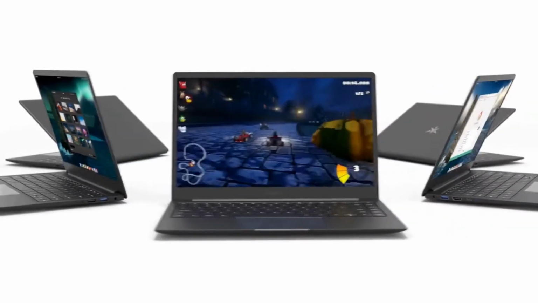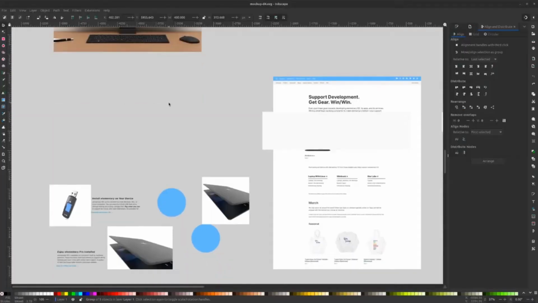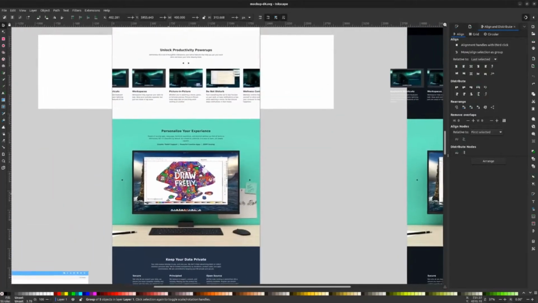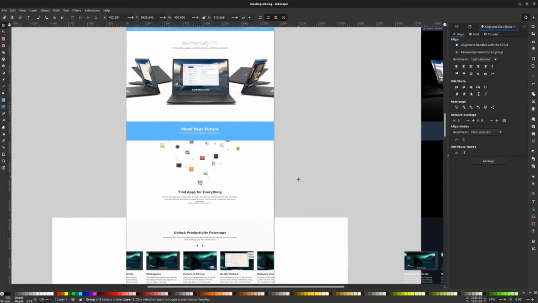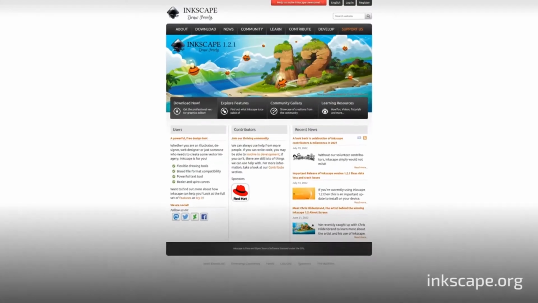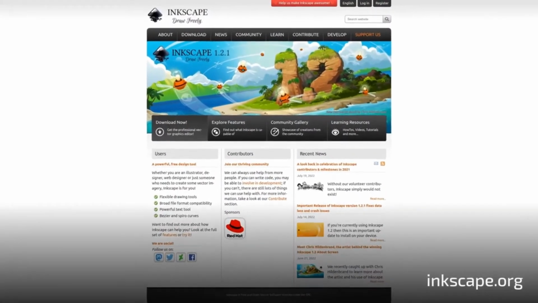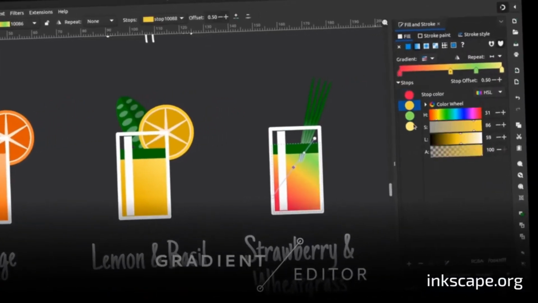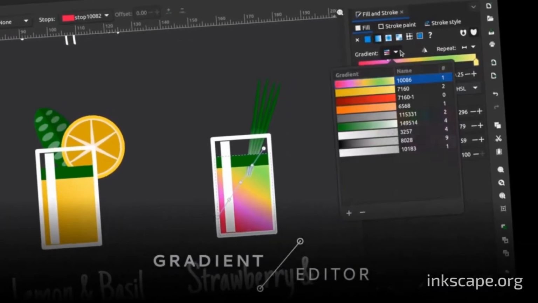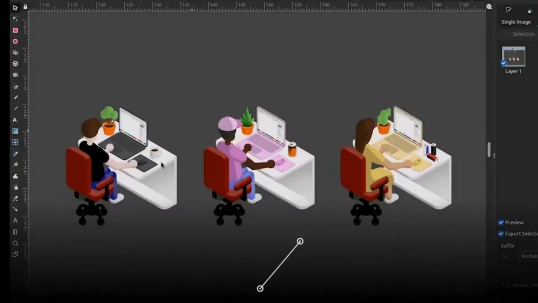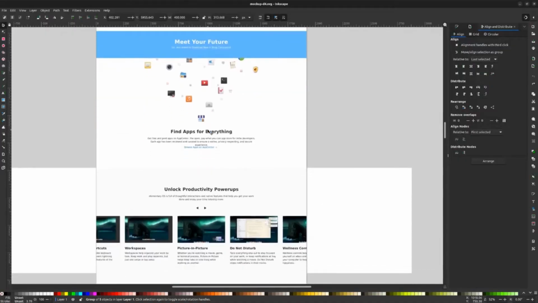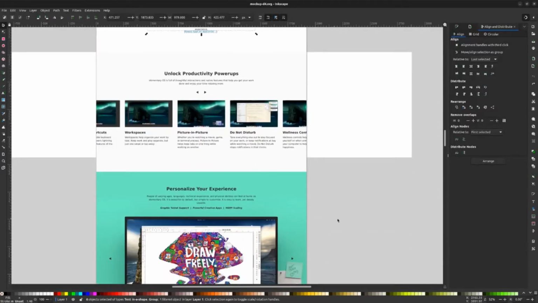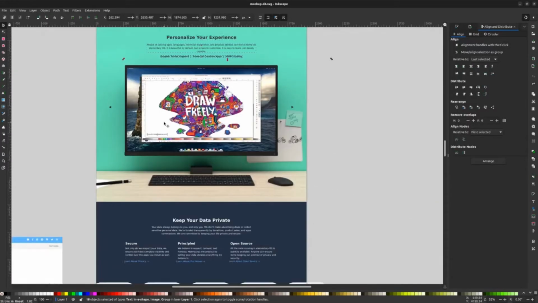In parallel to the animation and renderings, we worked on a refined page design using a free software application called Inkscape. Inkscape is a community-developed free software application for Windows, Mac OS, and Linux. While its original purpose was to serve as a vector drawing application, and we use it for that all the time, we also use it to lay out pages for websites and sometimes even for print.